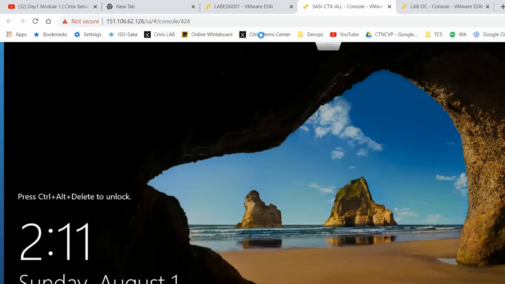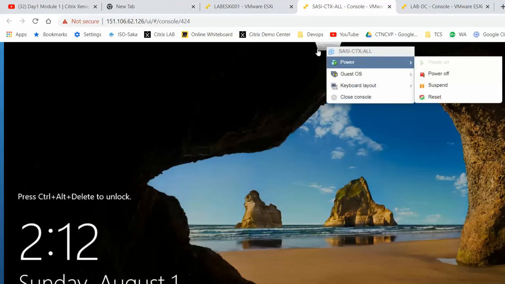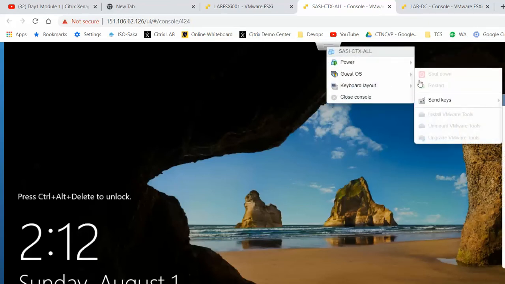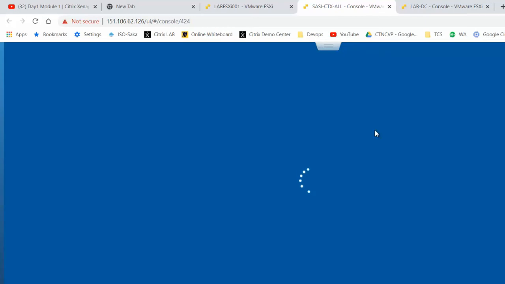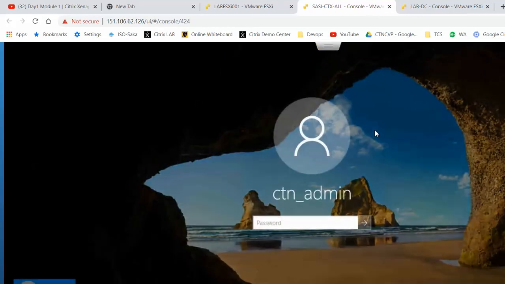So let me log into the Sashi Citrix server. I just click Control Alt Delete and I'm logging in.